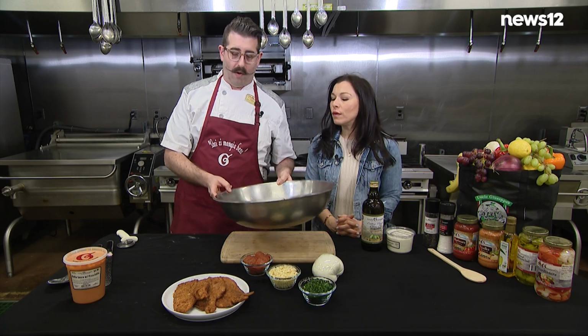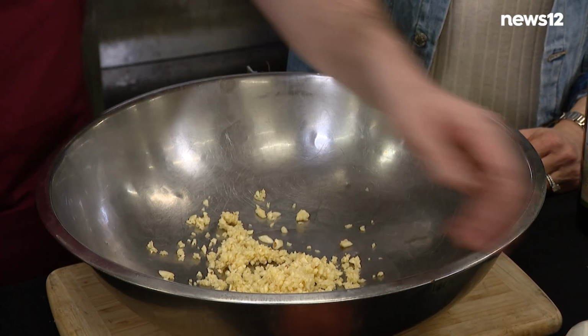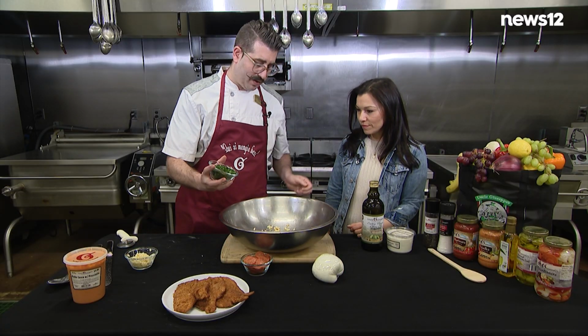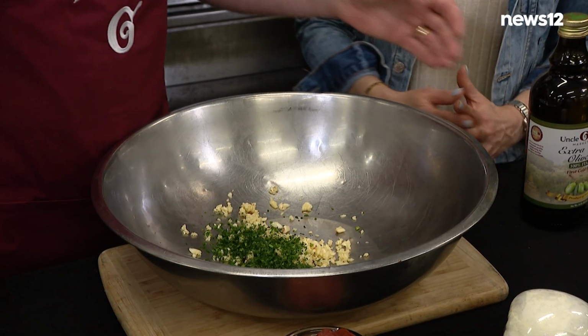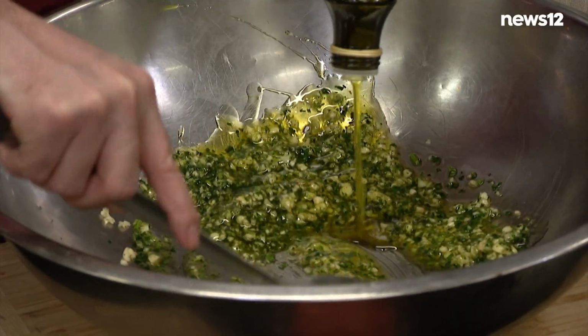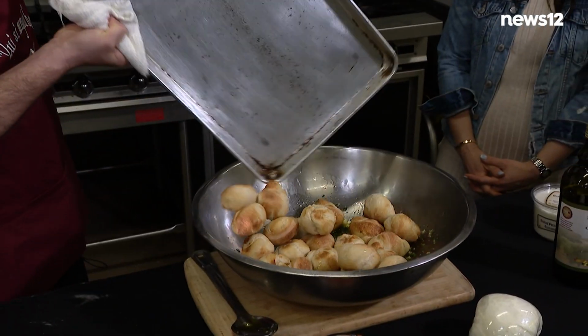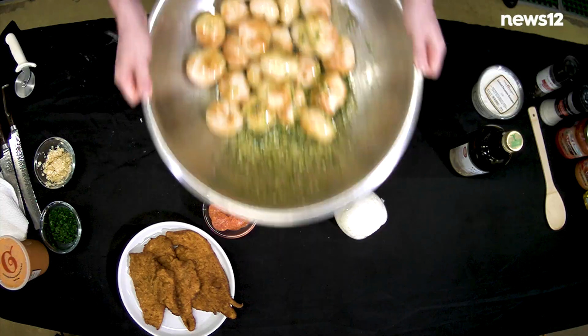You need a big mixing bowl. All right, you need chopped garlic. So probably about a 1/4 cup there, and then fresh chopped parsley. And then we like to use extra virgin olive oil. The oil is gonna extract the flavors of the garlic and the parsley. Hot knots going in. We drop them right in the oil, and then Peppy and Toby would say, toss them